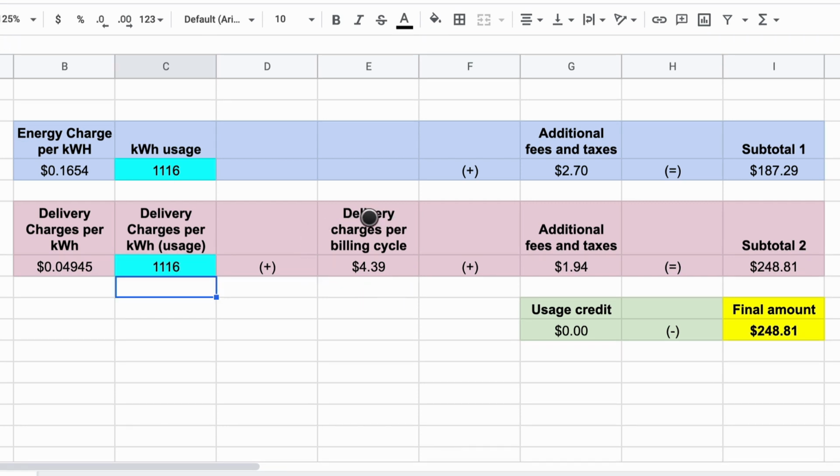Then remember that we have a fixed delivery charge per billing cycle, which is this value. So we're multiplying the delivery charge per kilowatt hour by the usage, and then adding the constant or fixed value, which in this case is $4.39. And then we also need to add a few additional fees and taxes, and this is going to give us the initial subtotal of